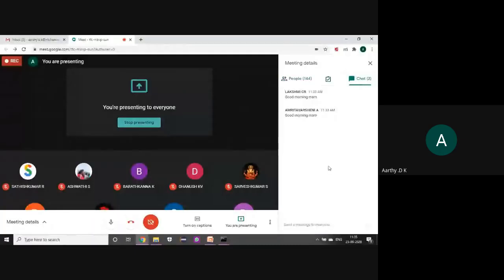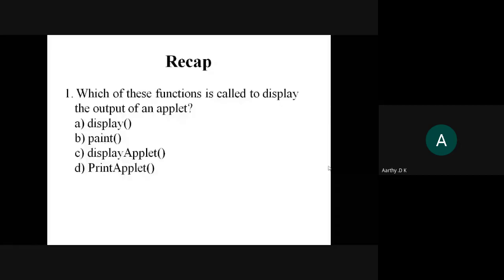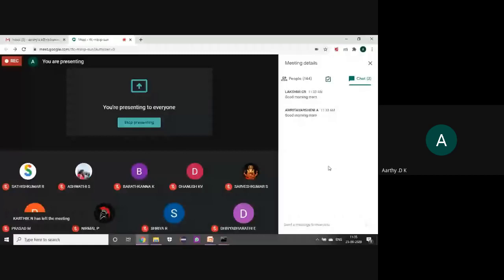I'll just repeat the question. Which of these functions is called to display the output of an applet? Display, paint, display applet, print applet. Students, give me your response in the chat.